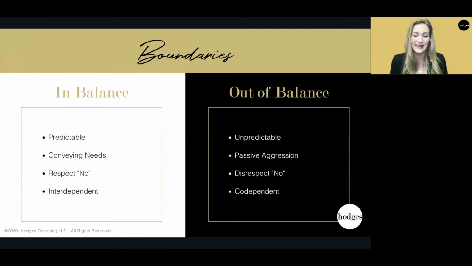Then boundaries. When we are in a culture where boundaries are out of balance, oftentimes the leader's mood rules the world, right? Is he in a good mood today? And it ends up being very unpredictable. If people aren't aware of their boundaries, or they're not aware of their values, and they're not able to communicate their needs and then enforce them, it feels like an invisible fence that shocks you, and it's like a constant moving target.